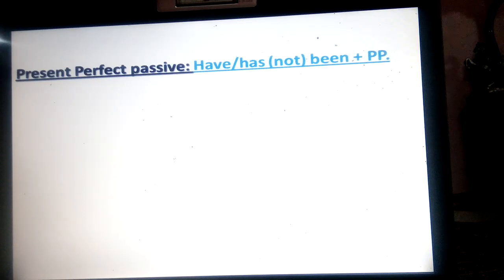Present perfect passive: have or has been plus past participle. مضارع تام في المجهول عبارة عن have مع الجمع، has مع المفرد، وbeen وpast participle تصريف ثالث. إذا كان عندي negative هيبقى بعد have or has not, then been plus past participle. Example: